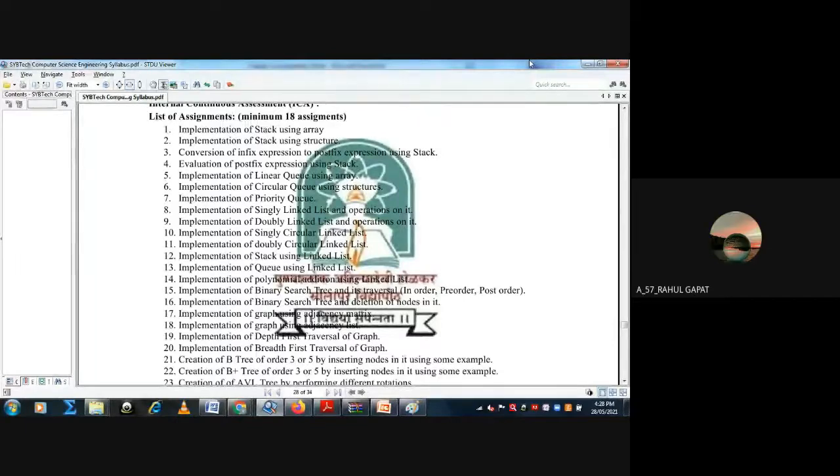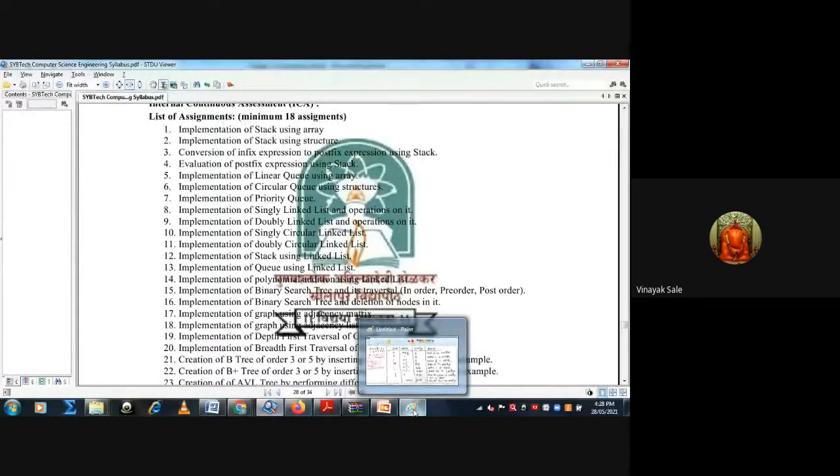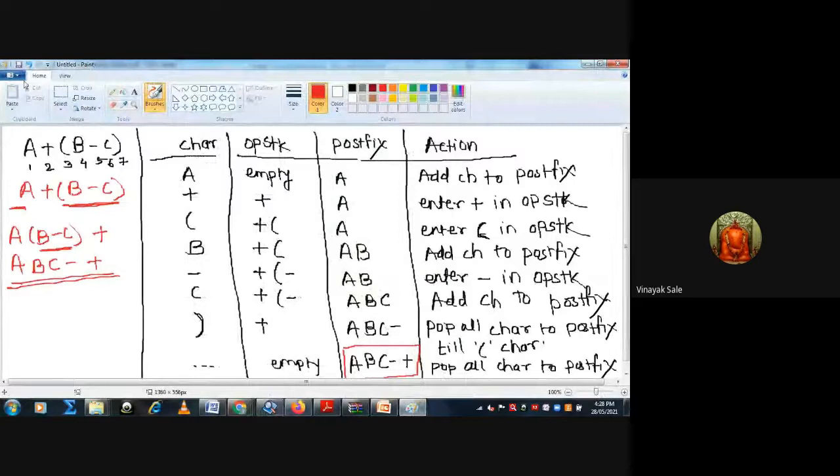Sir, repeat this program again. Okay, I will explain symbolically, that is by drawing diagrams, and then I will explain it on Turbo C. Okay, sir.